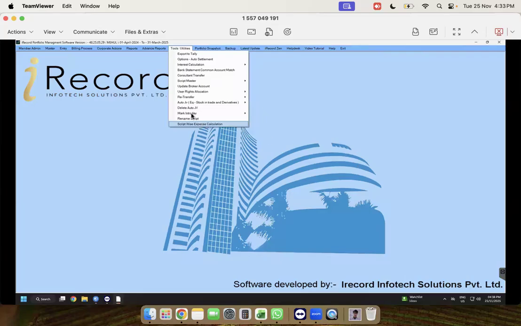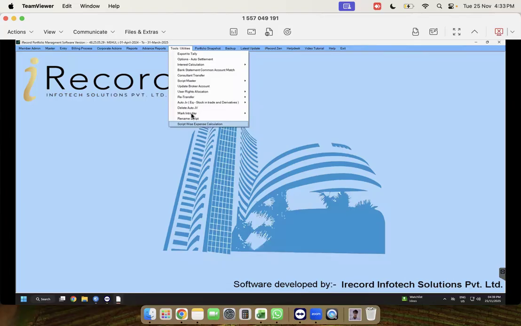In iRecord, whenever you import your broker's contract note, nowadays with the new SEBI guidelines, a lot of brokers have rampantly changed their broker formats and try to give you a specific bifurcation between delivery trades and intraday trades. However, in case you're still not sure that the marking of intraday is accurately done within the software or not,